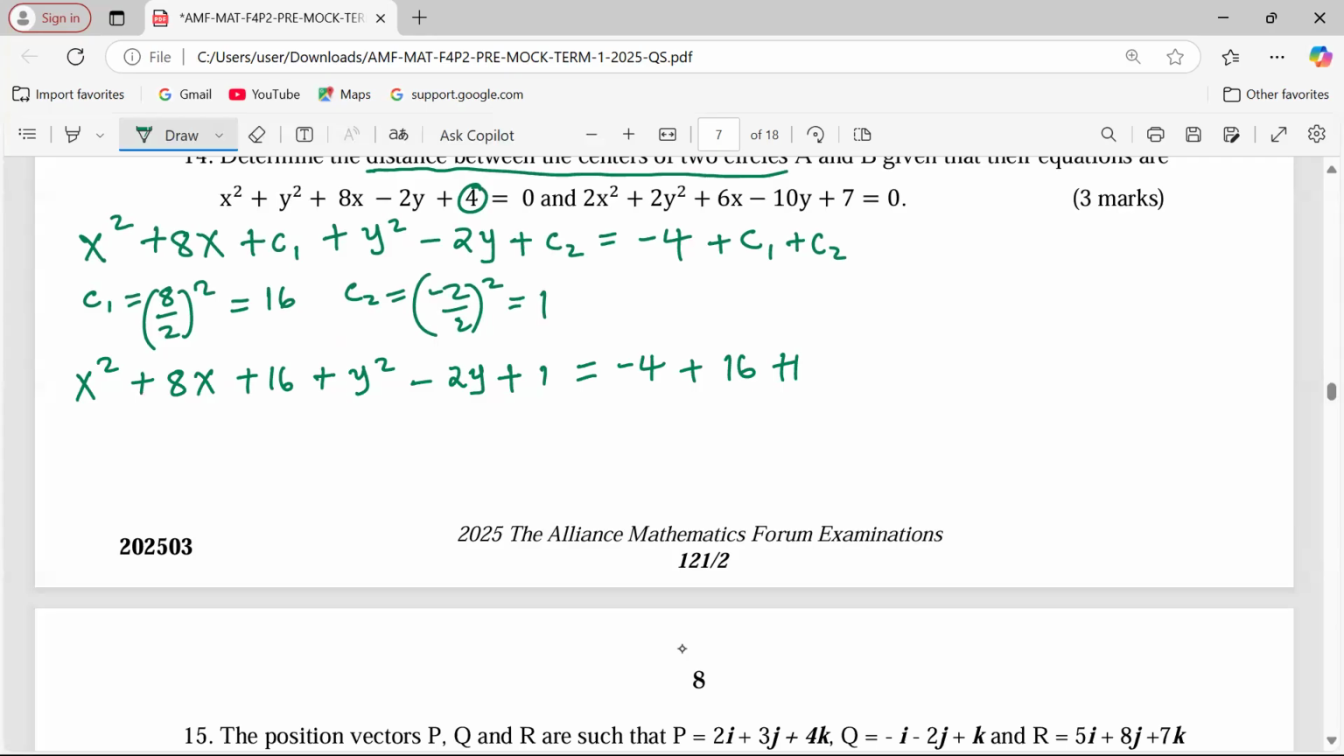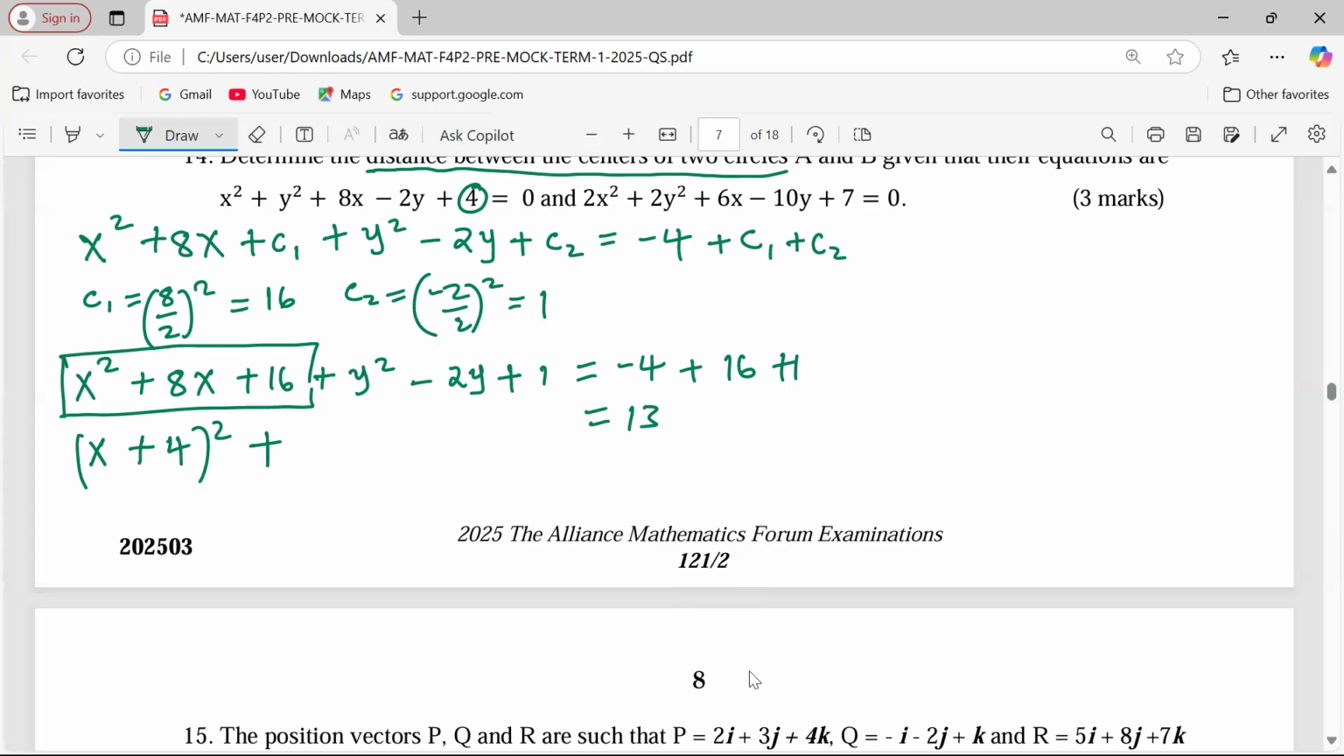Now we need to take -4 plus 16 plus 1. This gives us 13. So on this side, we have 13. When we are having 13 there, we need to talk about the x part, whereby we have to factorize. We factorize this x component now, whereby we take the square root of x, the sign which follows, the square root of the constant